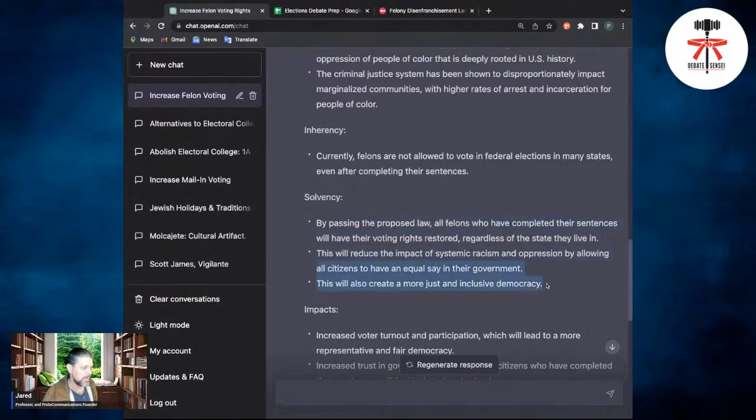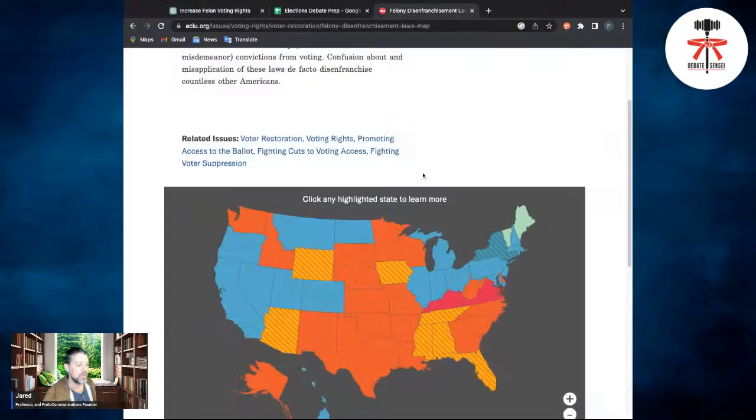More inclusive democracy. You can also talk about, because you know which states there are, you could say, okay, we have plenty of examples. If you make it that everyone that is not currently in prison has the right to vote, that means all of these states that are orange or yellow or anything like that will now be blue.